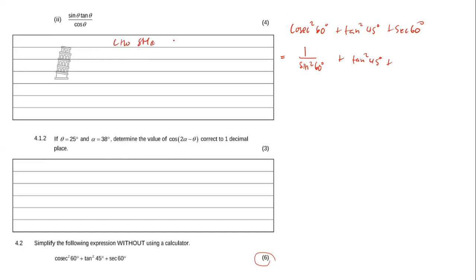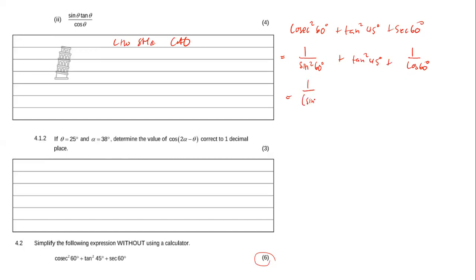Sec goes with cosine, so it will be the inverse of cosine. That means here we're going to have 1 over cos 60 degrees. Now the second step is I'm going to take these two out of the bracket. So that means I'm going to have 1 over